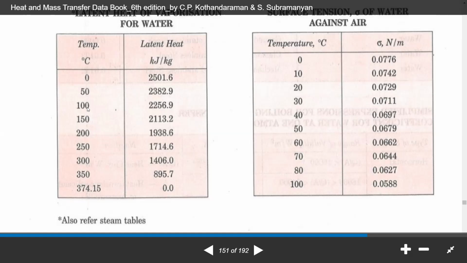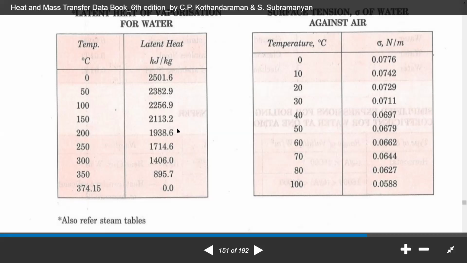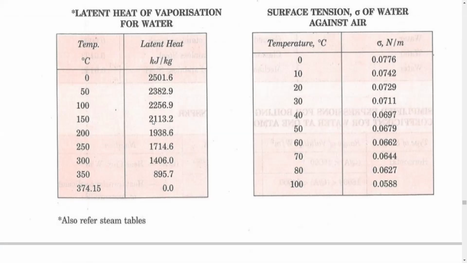So you have 50 degrees centigrade of difference. Just divide by 50 degrees centigrade, that is 143.7 divided by 50. You'll get the answer as 2.874. That is for 1 degree centigrade. So you need the value at 120 degrees centigrade. You have to multiply the value for 1 degree centigrade, that is 2.874, with 30.